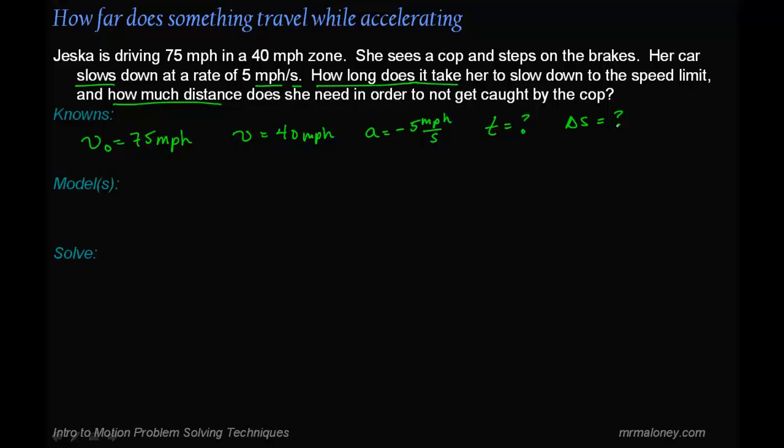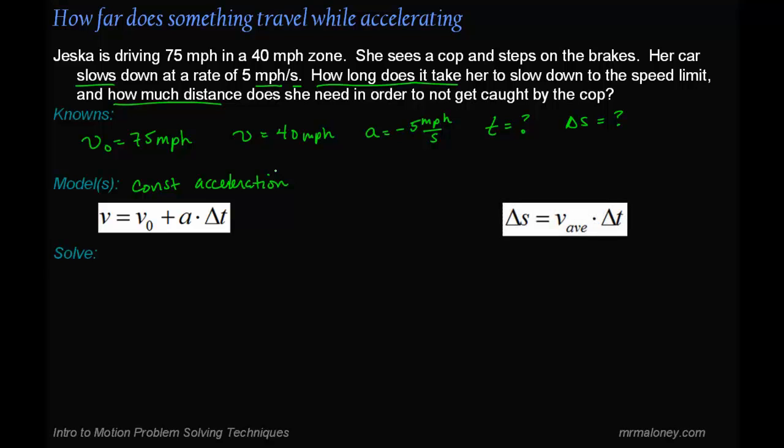So now next we have to pick what model we want to use here. In this case, Jessica is slowing down at a constant rate. So our model is going to be a constant acceleration rate. And we have a few equations that work with that. We have that her velocity equals her initial velocity plus her acceleration times time. We also know later on she wants to know how much distance traveled. So we have to use our model of average velocity because right now it's the only tool we have to